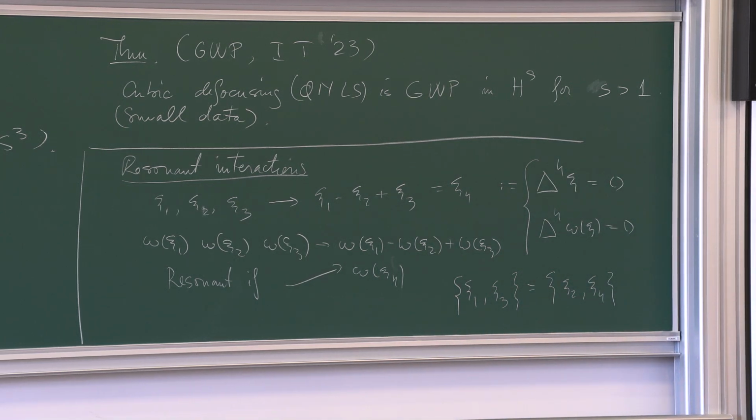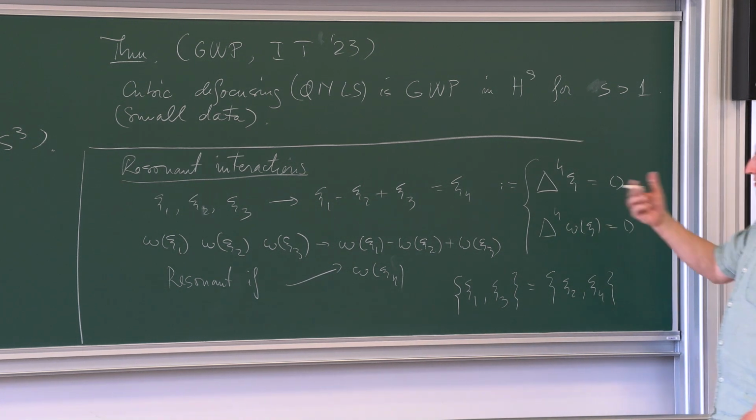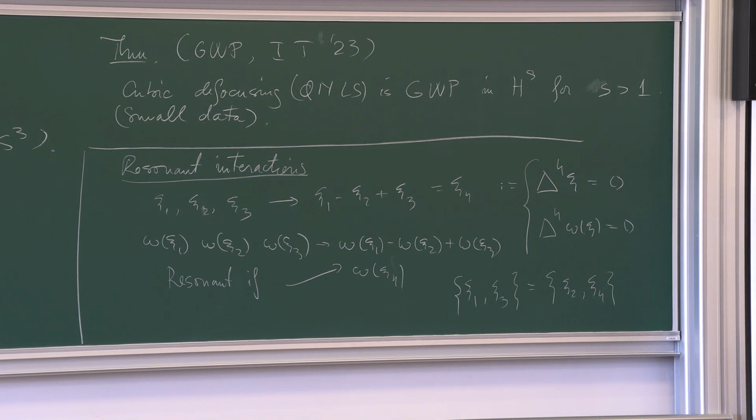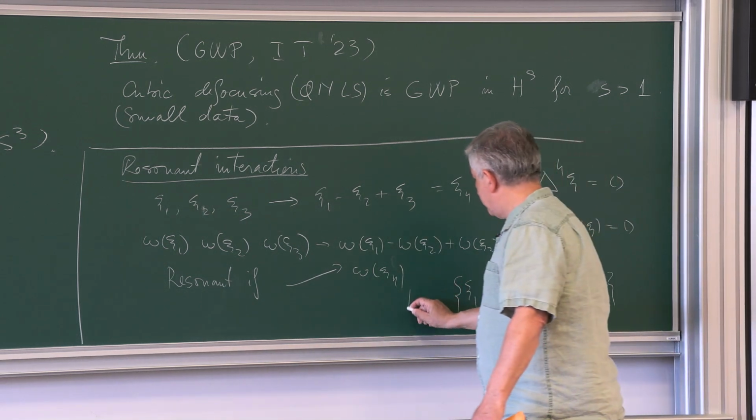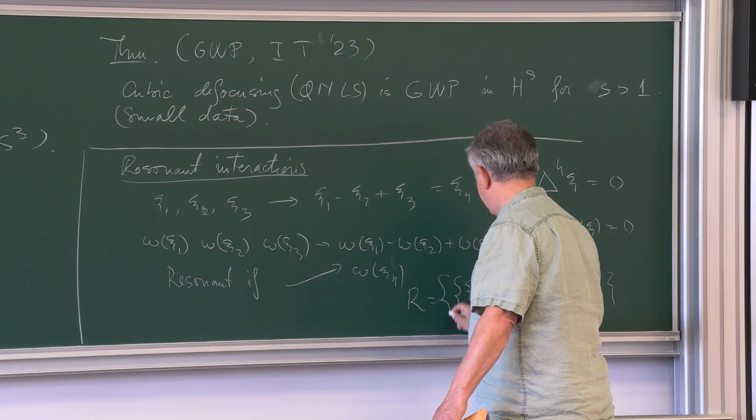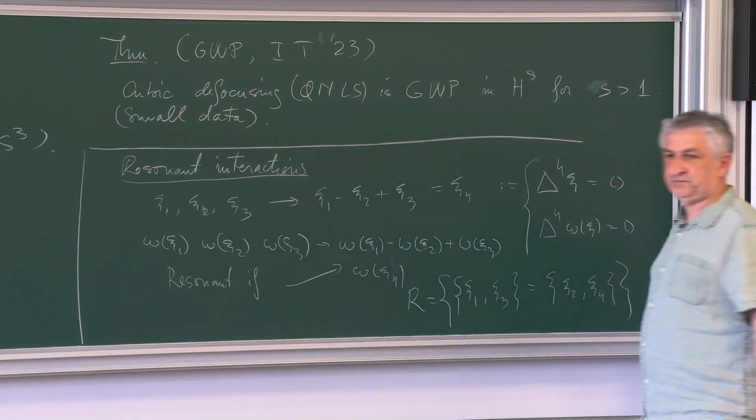Okay? So these are the resonant interactions in particular for the cubic NLS if you want, but also for the quasilinear NLS, because we're only looking at the corresponding linear problem. We call this the resonance set, okay,